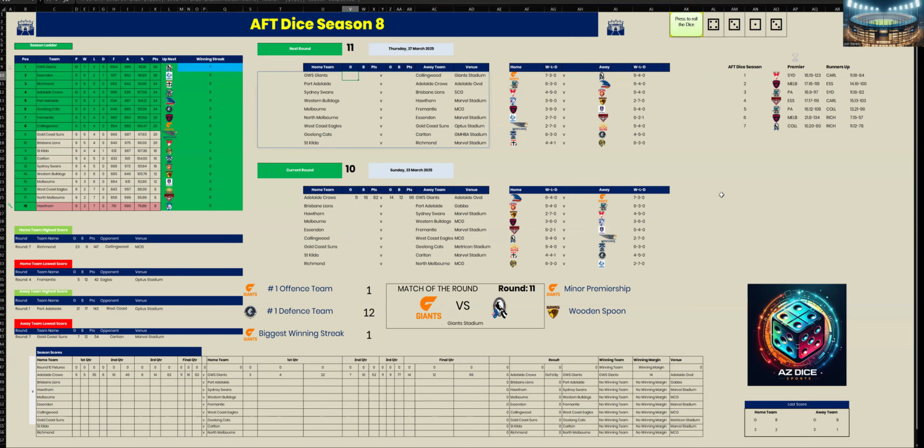It's Hawthorn versus Sydney at Marvel Stadium. Let's go to the first quarter. That puts Port Adelaide in the top 2 and Brisbane with a game outside the 8. First quarter's completed. Hawthorn, they've kicked 3-6 to Sydney 6-3. And Hawthorn are down by 15 points, 24-39.